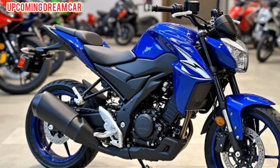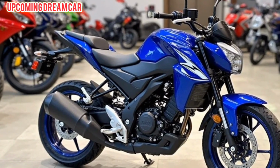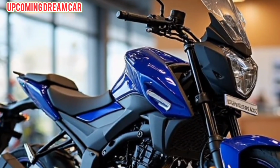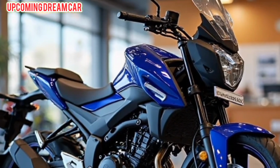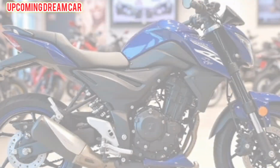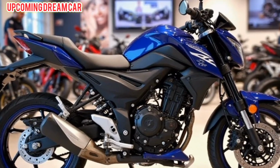Bold design and fresh colors. The 2025 model comes with a more aggressive design language, sharper tank shrouds, and a muscular stance that gives it a premium street look. Yamaha has introduced bold color options, including a new matte black finish and sporty graphics that